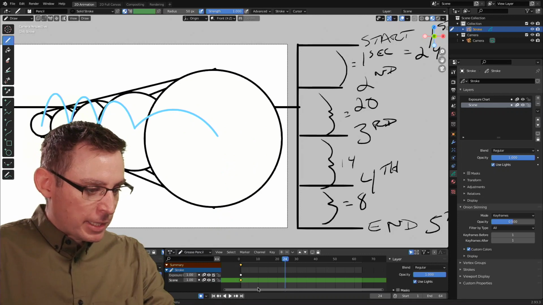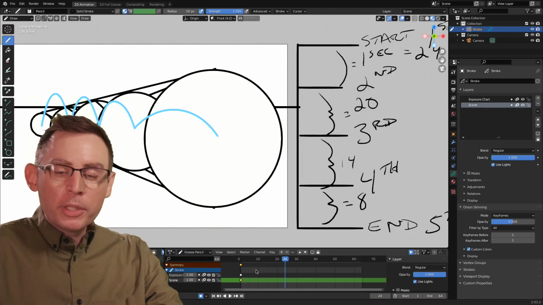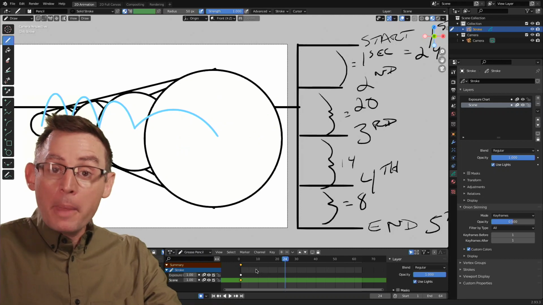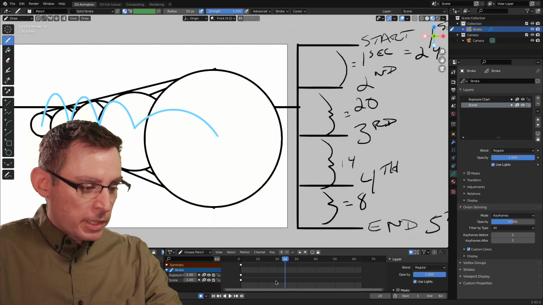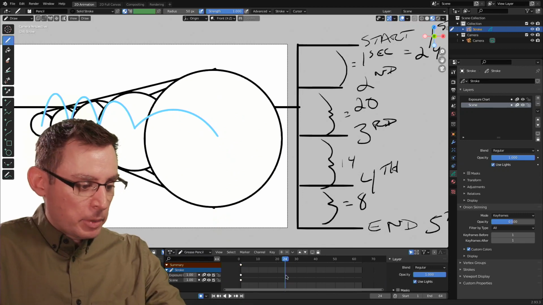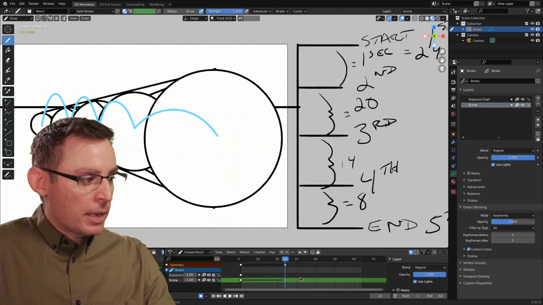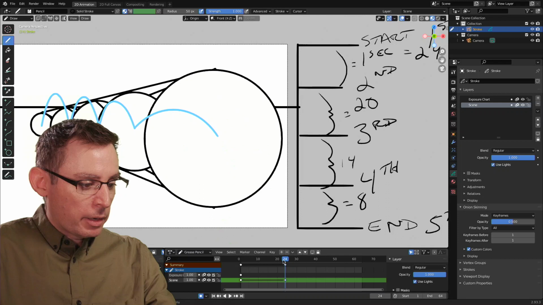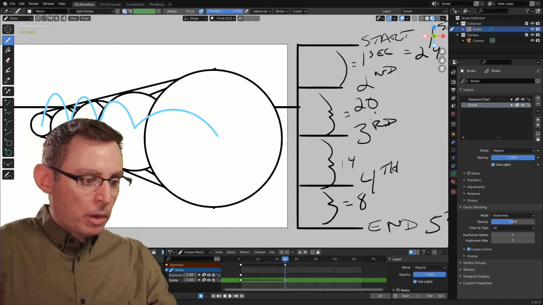I'm just going to select that keyframe, and with my cursor down here, I'm going to press Control-C, or Command-C if you're using a Mac. That's going to copy the keyframe. Now, once again, you have to have your cursor down in the timeline. I'm going to select the layer that I want to paste this keyframe onto and hit Command-V. And now I have the duplicated keyframe, so I've got another keyframe on frame 24.